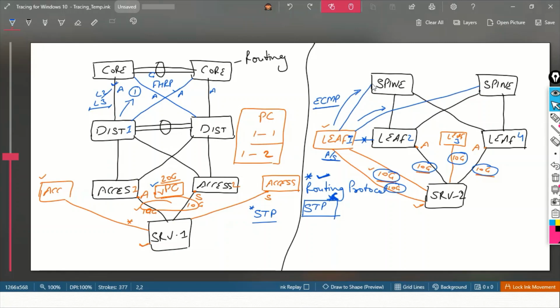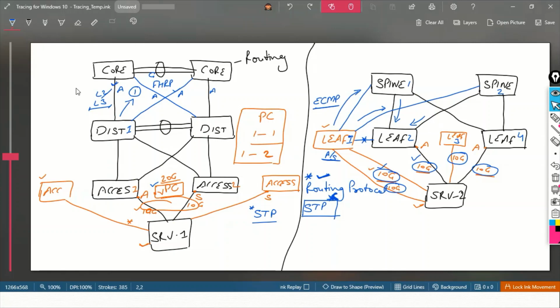We can send the traffic to spine 1 and we can send the traffic to spine 2, and both of them can forward the request to destination devices and the server can respond. That's the reason the server is getting higher bandwidth here and here as well, because they are sending the traffic over multiple links and receiving the traffic over multiple links as well. So it's higher bandwidth,